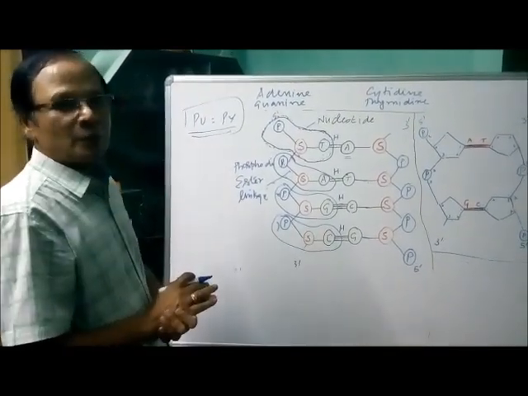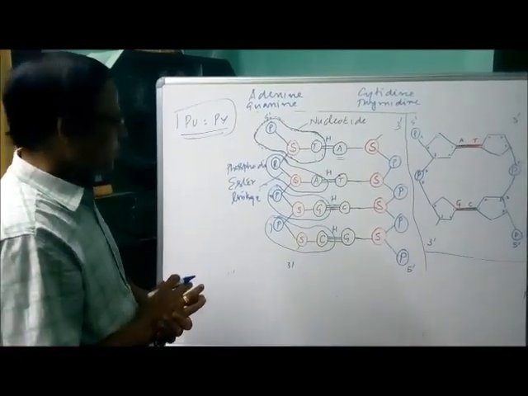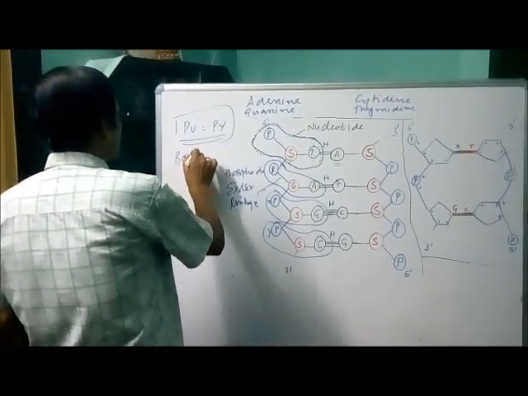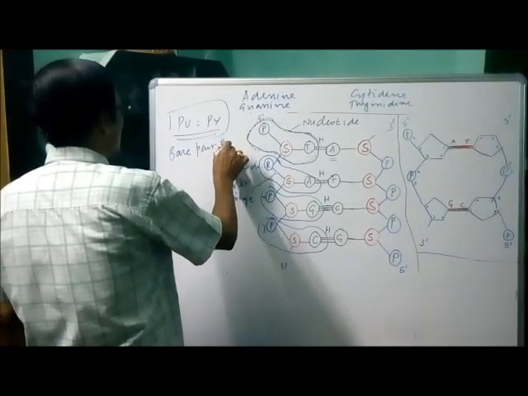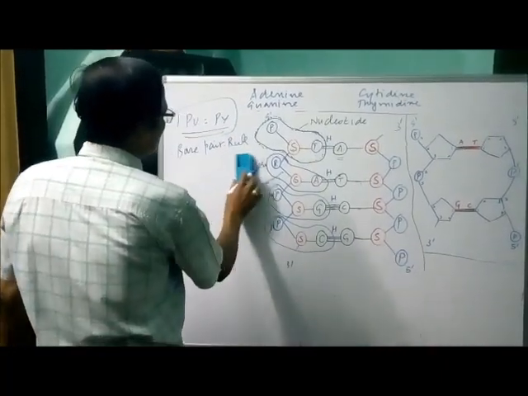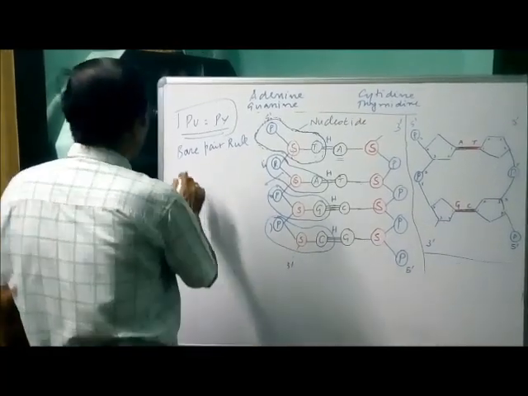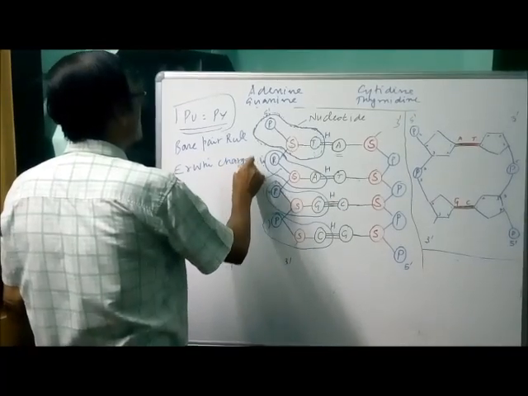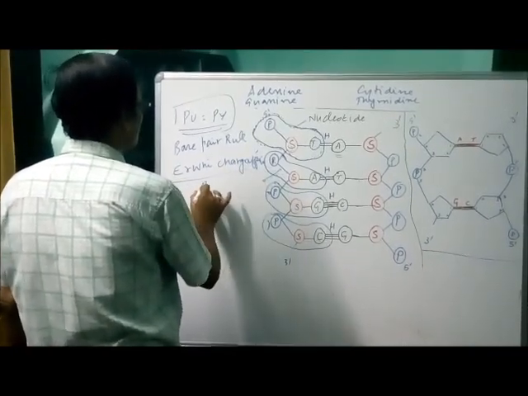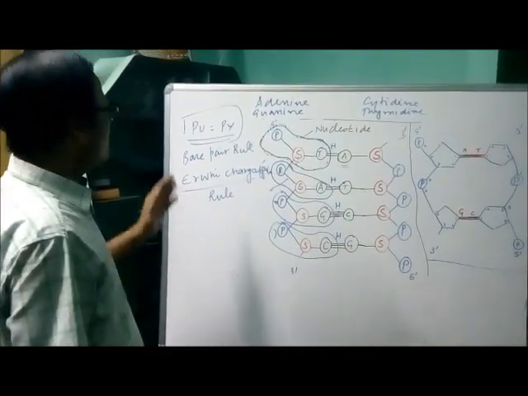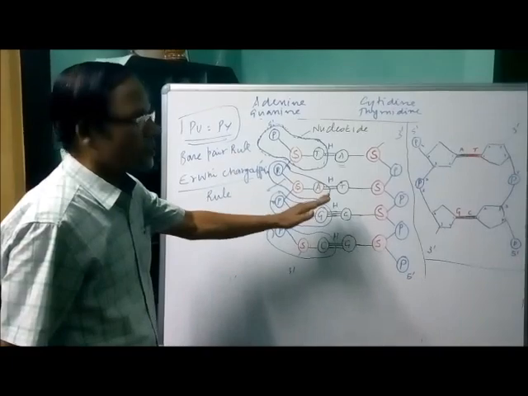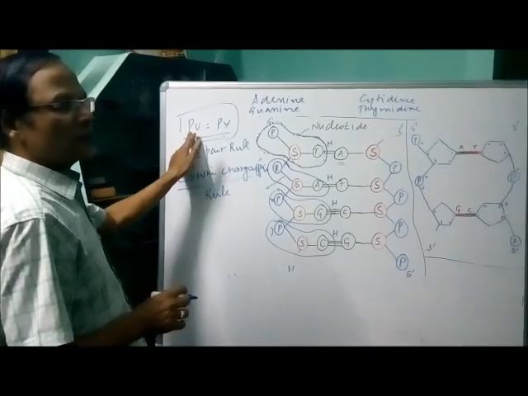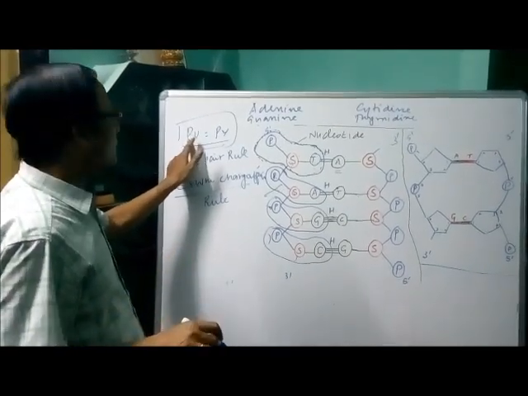Now, there is a law proposed, one of the important properties of the DNA molecule, called the base pair rule. This base pair rule is also called Erwin Chargaff's rule. What is that? There is a definite base pairing between the two strands of nucleic acids. Here, the purine in a particular nucleic acid is always equal to the